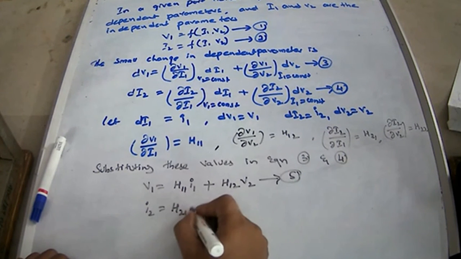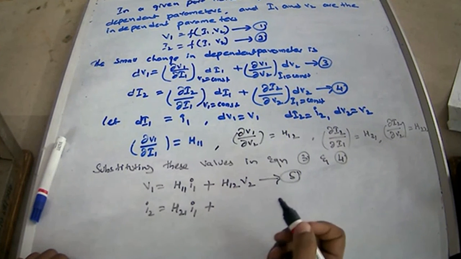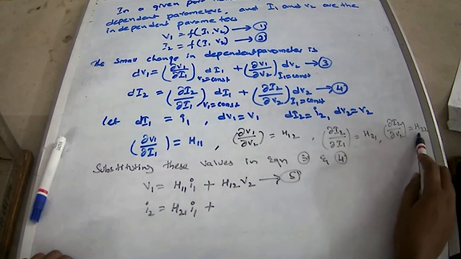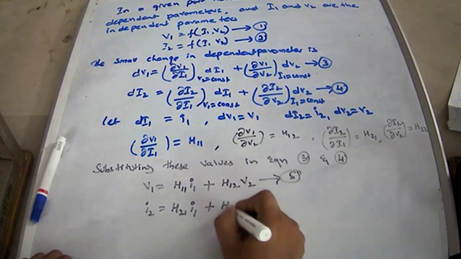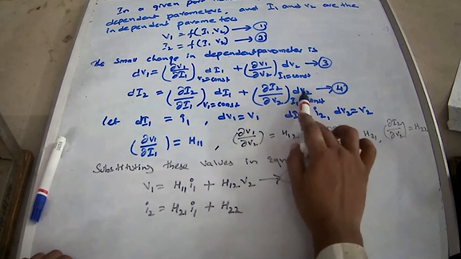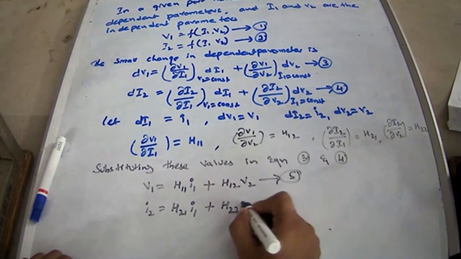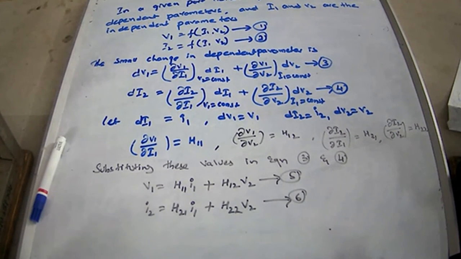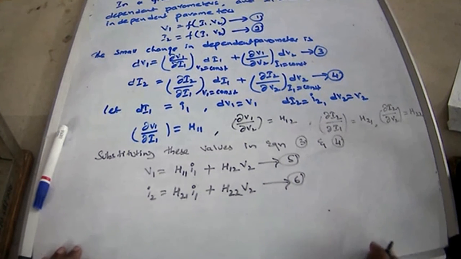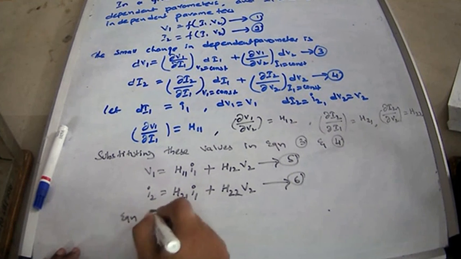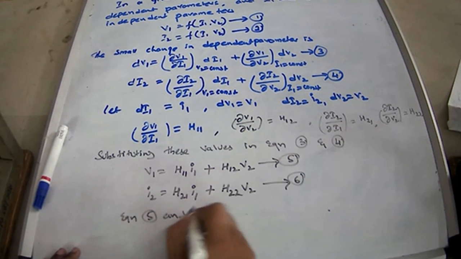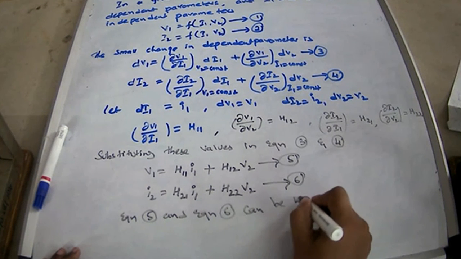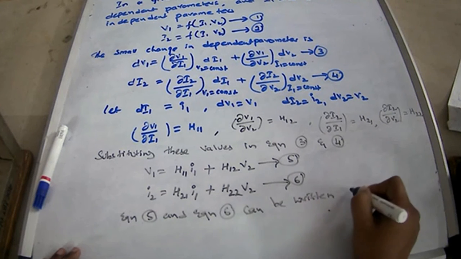Then dI1 can be taken as h11 dI1 plus what is the value? dou I2 by dou V2, we are having h22. So h22 with respect to dV2 we are having value as V2. So this is equation 6. Now equation 5 and equation 6 we can write in the matrix form. So equation 5 and equation 6 can be written as